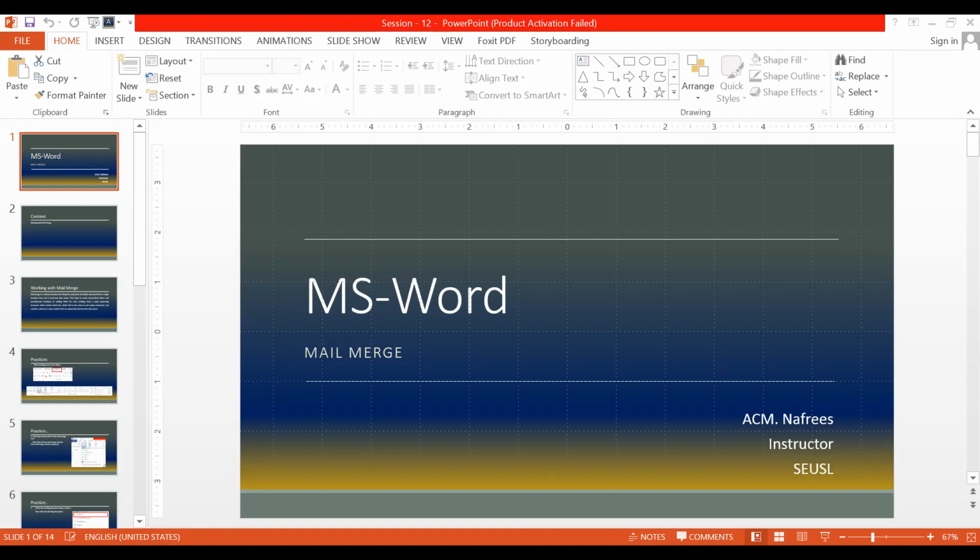0011. Okay, now you have to say, it is possible to use mail merge for printing envelopes.